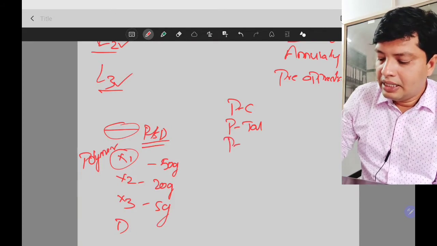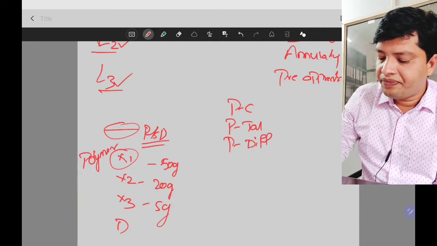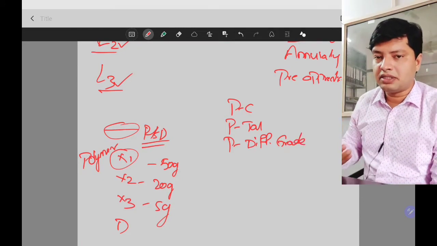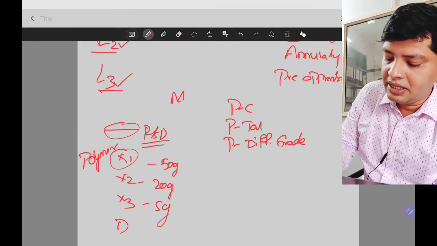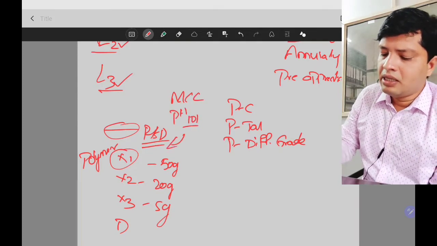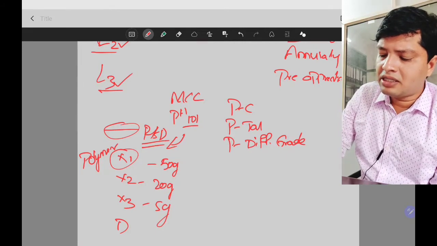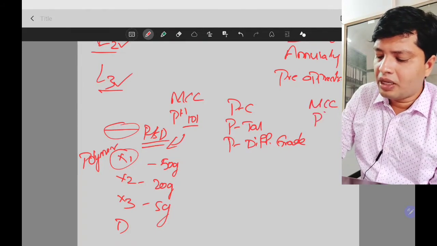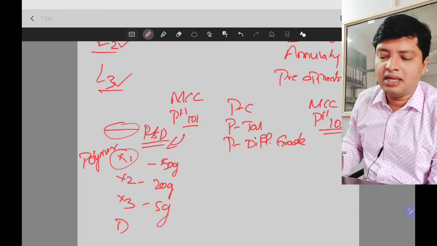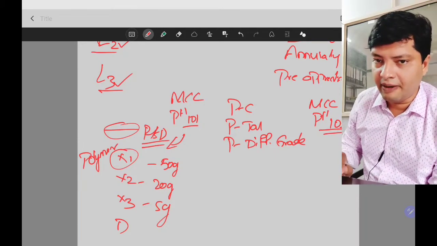Or 3, a different grade. You can have different grade polymers. If you are using MCC, the grade is pH 101 here in R&D. Maybe in a large scale you are using MCC grade pH 102. So the polymer is the same, microcrystalline cellulose, but here the grade is changing.